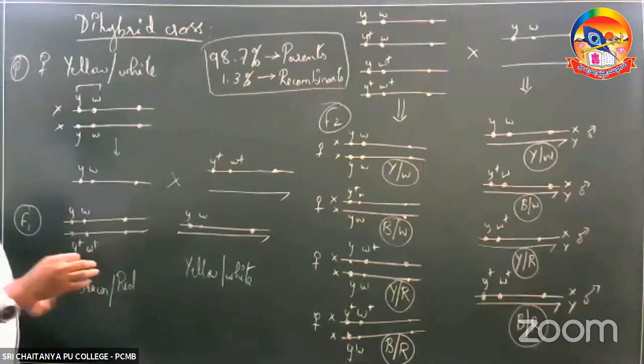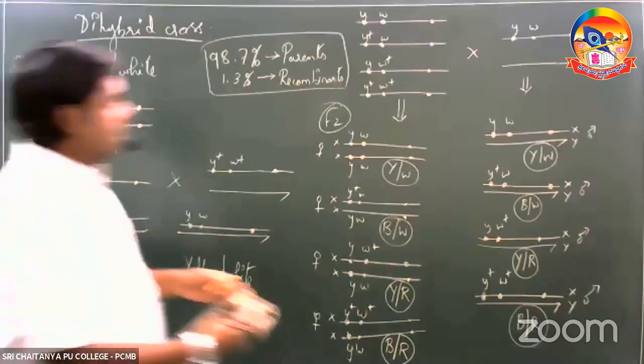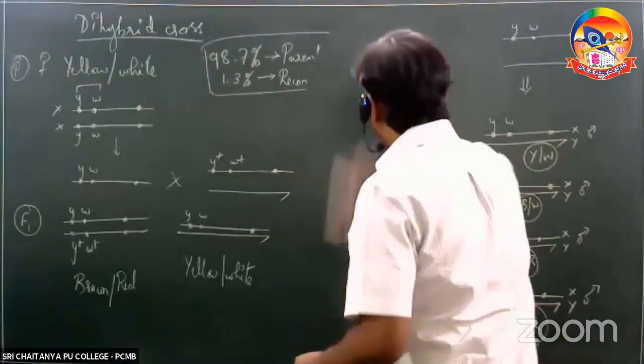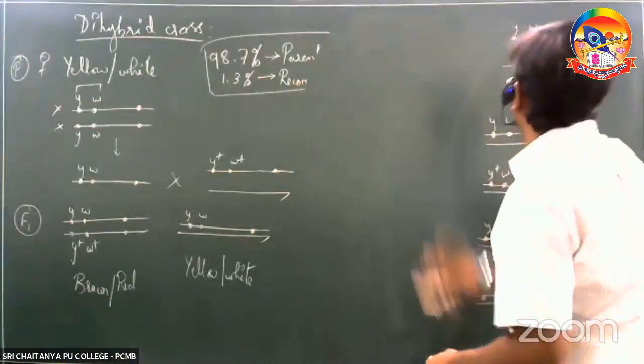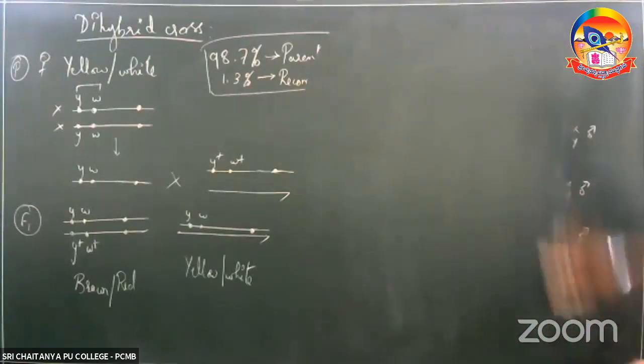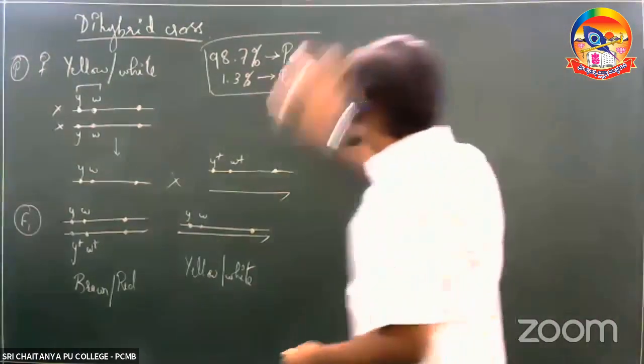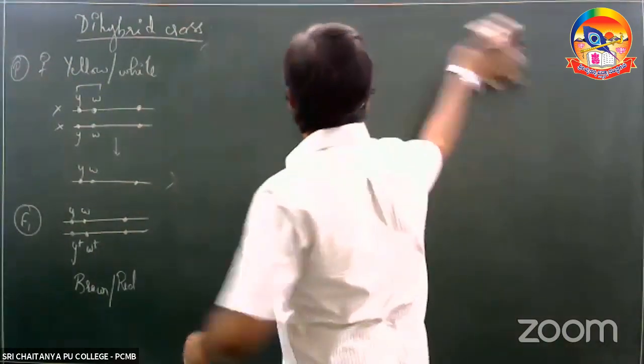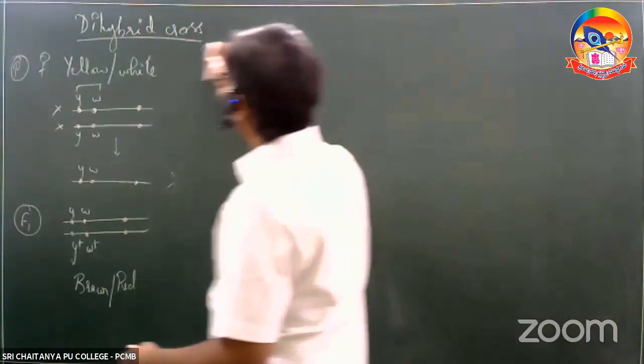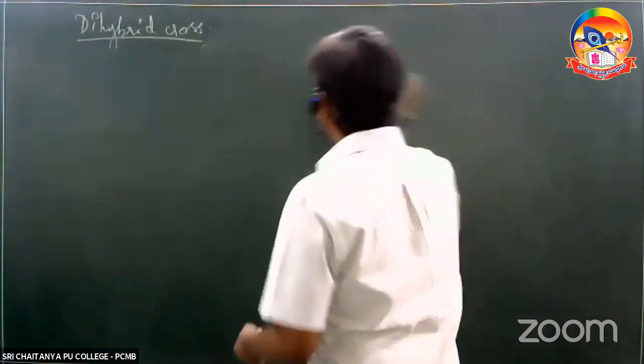Now let us take up the second cross Morgan performed. In the second cross, again two characters were taken into consideration. I told you that Morgan chose 3 characters for his experiments in genetics to study the inheritance pattern, of which the first character is the color of the body, the second is the color of the eye, and the third is the size of the wing. And I told you that all 3 characters are located on the same chromosome.